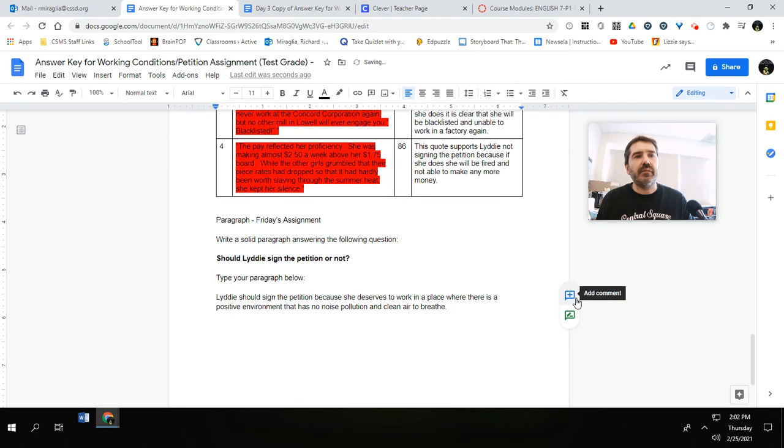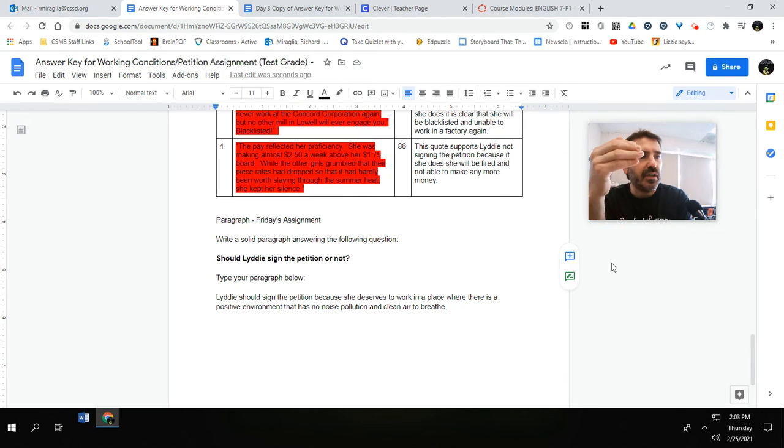Now, up until this point, I've encouraged you just to copy what I've done for the quotes, but I want you to come up with your own claim. You can rephrase things here, but you need to make sure that you restate the question and then have an answer and then a because. Okay, so I restated the question, I have an answer and then a because.